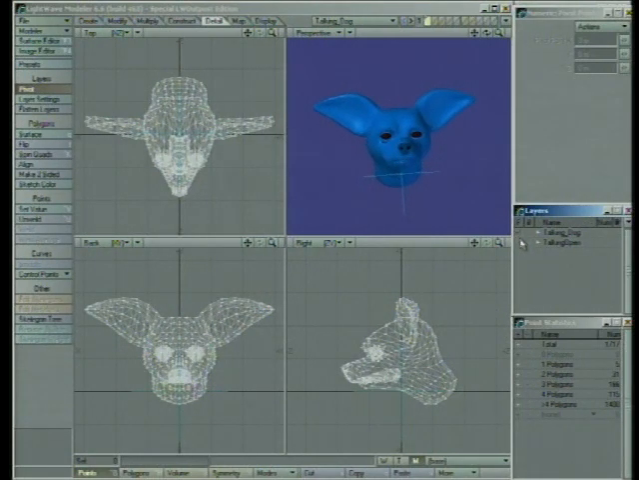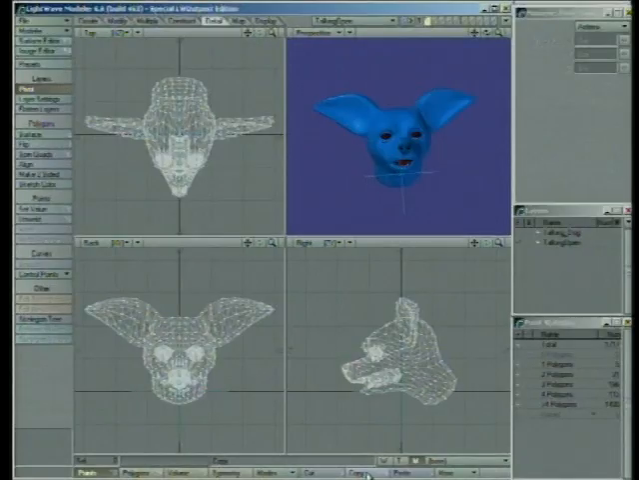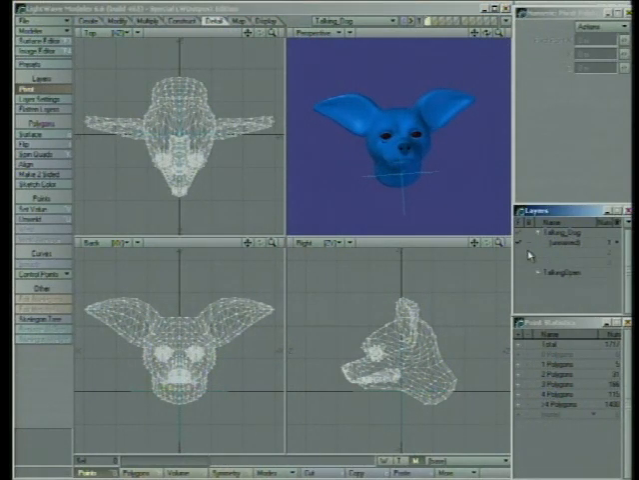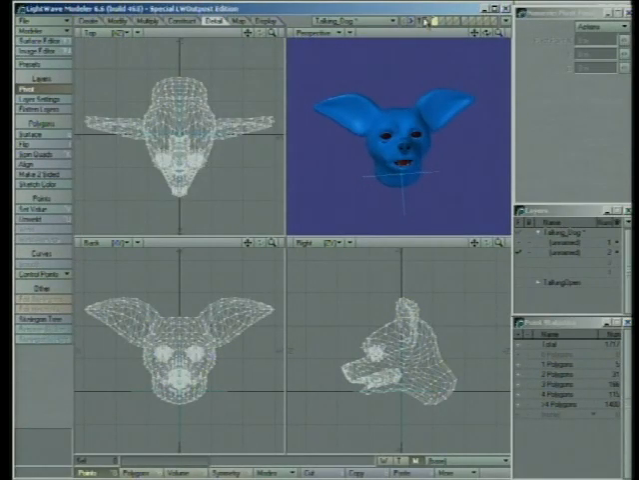So what I'm going to do is I'm going to go ahead and copy this with my copy button. So I just hit C for copy, or I can click on the button down here. And I would go up to talking dog, go to a background layer, and hit V for paste. Okay? So now I've got this layer here is my original, and now the background layer is the morph target for mouth open. So what I'll do here is I'm going to set this one to the foreground,